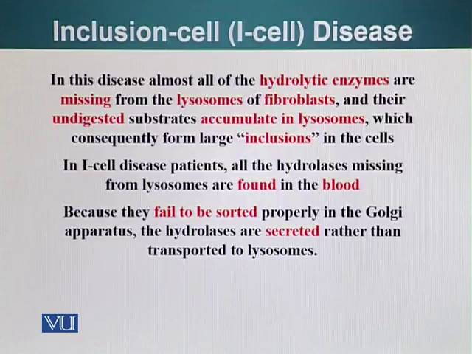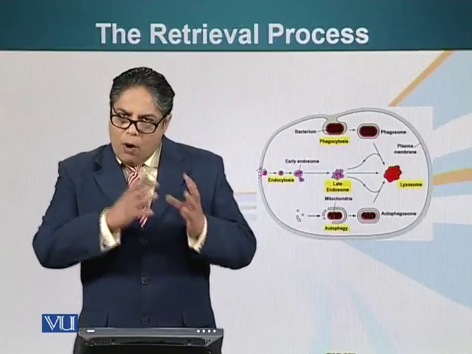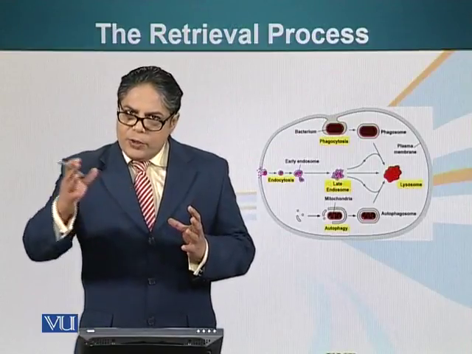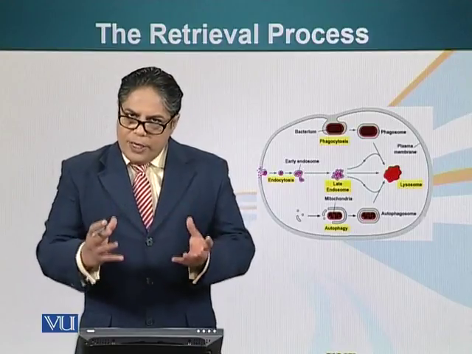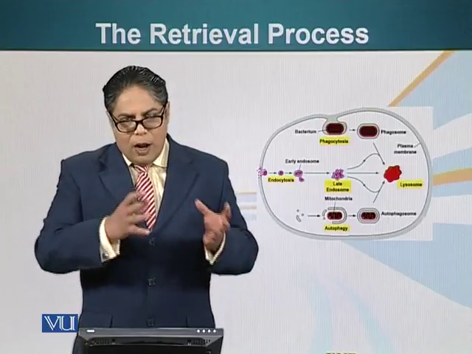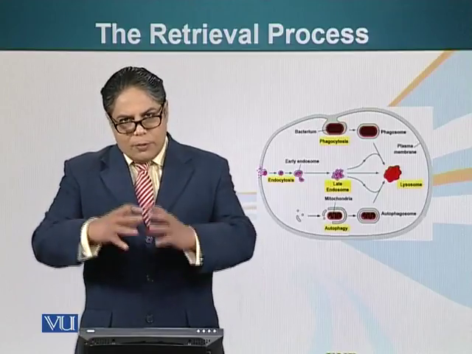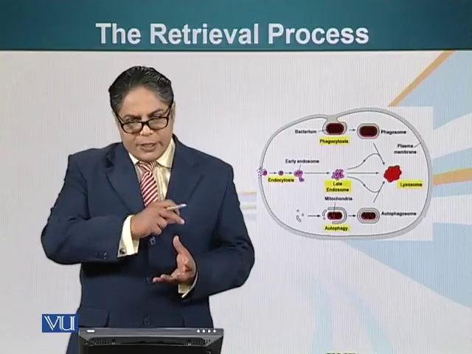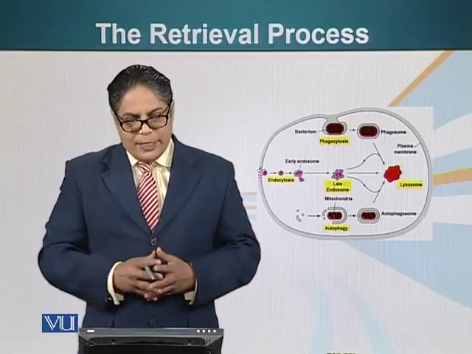transported to the lysosome. So we have talked about how onward traffic from the trans-Golgi to the lysosome works, and how proteins are sorted and specifically delivered to the lysosome. We will talk about how vesicles are formed from the cell surface and taken inside the cell in the next module.